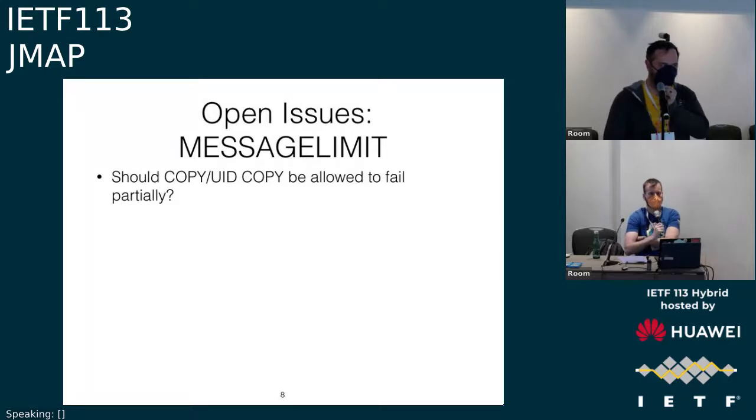I have an opinion. I think we should reject it outright rather than allow it to succeed, because otherwise the clients will just try again and again, and they will wind up copying the same 10,000 messages again and again to the destination folder first. No, it's not how it works. I mean, yes, it might be a valid reason, but the way it works at the moment is it says copy 100,000 messages. It will copy 10,000 and return OK with message limit. Mm-hmm. So the naive client will say, oh, all the 100,000 messages got copied, but actually only 10,000 were copied. And then it will try and delete all of them, and it will only delete the same 10,000, assuming it hits the same limit. Yes.